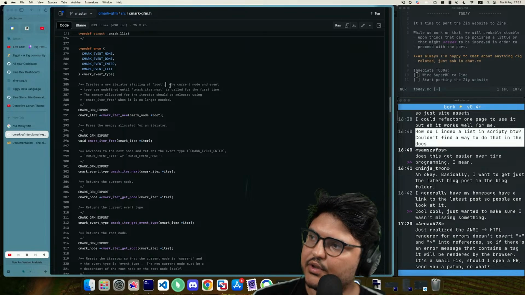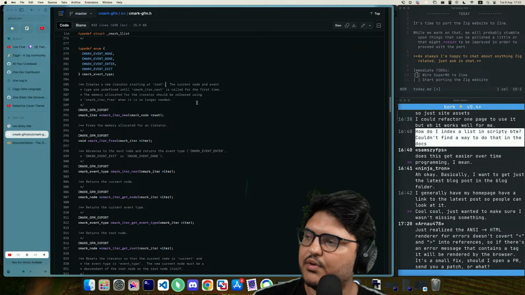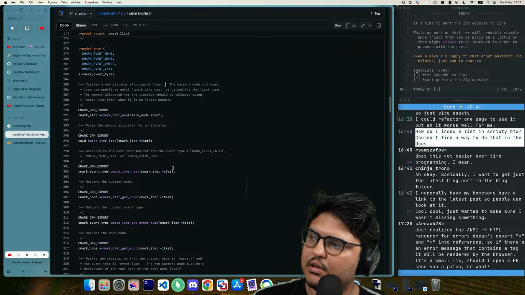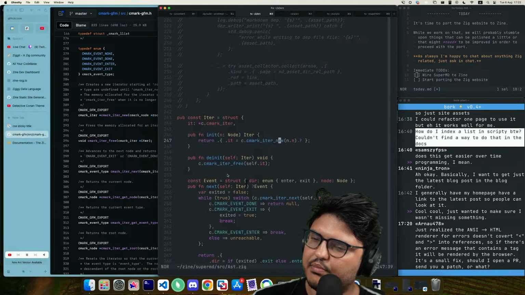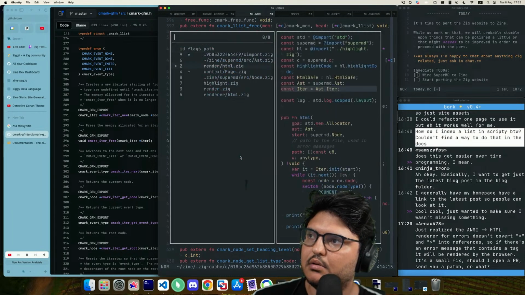Creates an iterator starting at a root. The current node and event type are undefined until next is called for the first time. The memory allocated for the iterator should be released using iter free when it is no longer needed. Yeah. So ideally, it should be done once it returns back to that node. Okay, hopefully that works as expected.